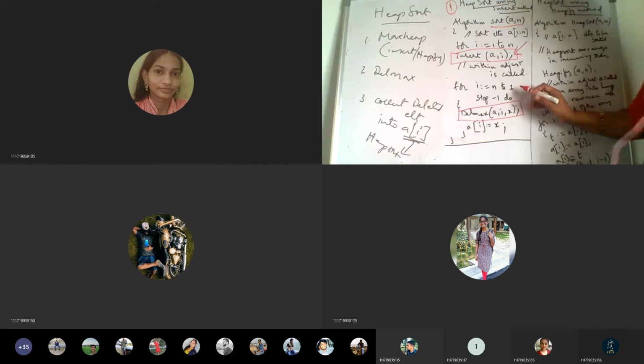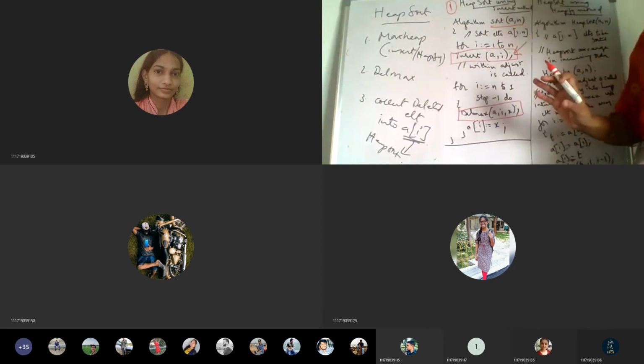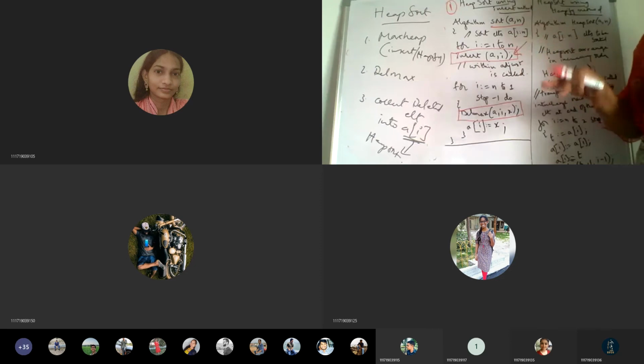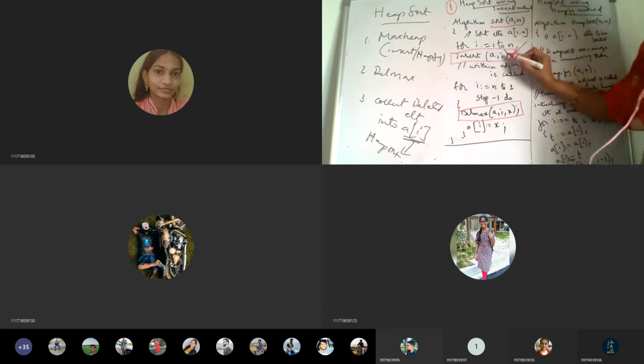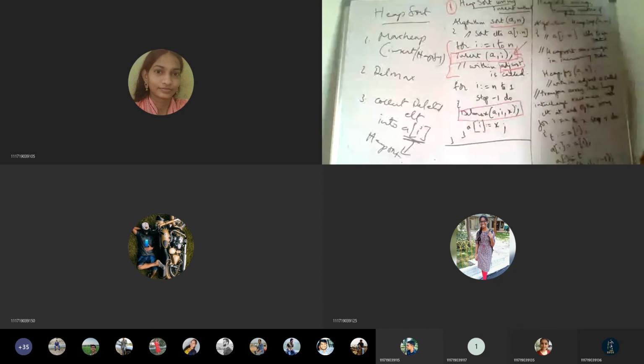This insert algorithm again, what will it have? Are we not adjusting? First we take one element, so it is a max heap. When you insert the second element, what do you have to do? You have to adjust, no? It has to check with its parent if it is lesser or greater. If it is lesser, it's okay. If it is greater, it has to be swapped. In order to do that, within this insert, adjust will be called, and again the adjust algorithm you have to write there. Like that, by using these first few steps, we are going to get the max heap.